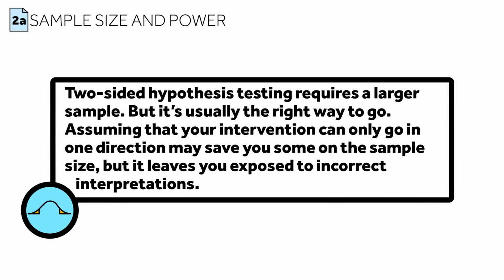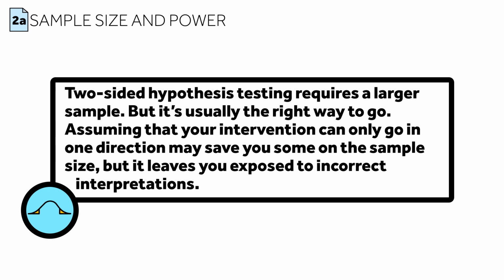Other analytical considerations will affect sample size too. If our hypothesis is two-sided, then we need a larger sample size than if it's one-sided. What does that mean? If we're testing a weight loss intervention and only consider the hypothesis that participants in the intervention group could lose more weight than those receiving placebo, it's one-sided. If we also consider whether they lose or gain weight, as opposed to remaining unchanged, then it's two-sided.